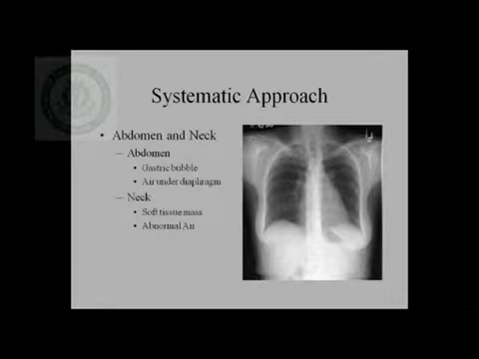Now the other areas which should be concentrated on before we go on to the lung fields are the abdomen and the neck. In the abdomen, on the right side you always look for air under the diaphragm, or whether the right dome is elevated. This can happen due to subphrenic abscesses or diaphragmatic paralysis or hepatomegaly and liver pathologies. Sometimes subpulmonic effusion can mimic an elevated diaphragm on the right side.